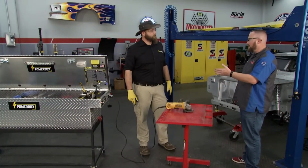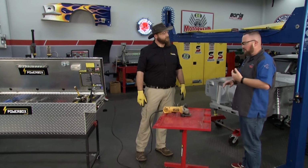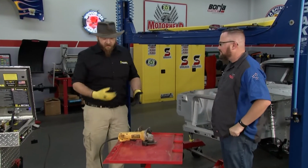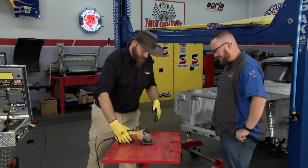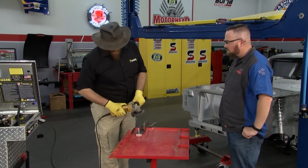Justin, we've seen how the Powerbox could literally save someone's bacon on the side of the road, but if you're an ornamental iron worker, somebody doing metal work in the field, it's also a great solution, right? Yeah, this is a great solution for you to do all of your metal work right out of the back of your truck. Fire at will. All right, so you got an angle grinder here? We got the angle grinder here, and what we're going to do is just demonstrate that